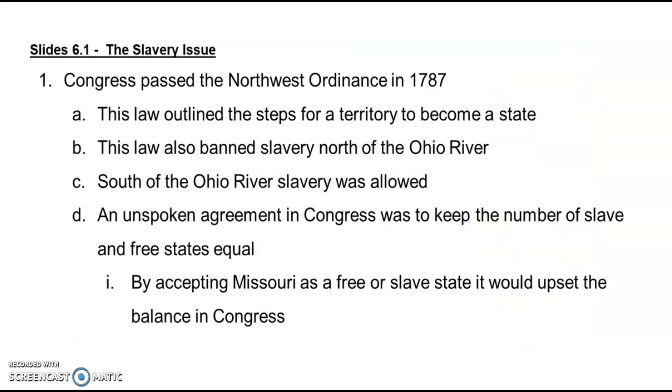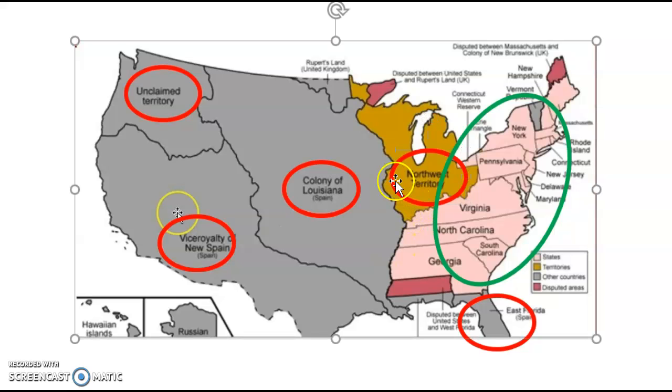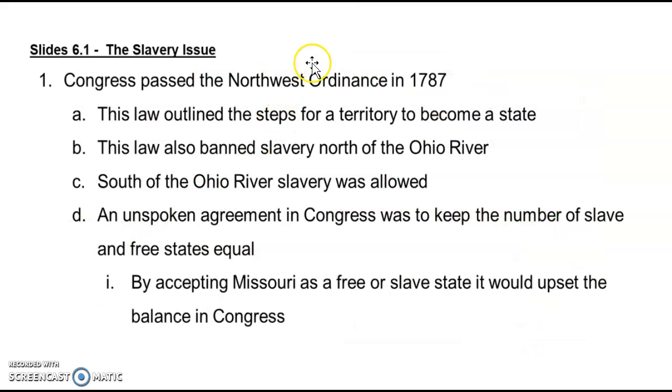The first thing we have to go over is the Northwest Ordinance in 1787. You guys learned about that last year at Miss Benevento. The main thing I need you to understand from this law, which is taking place in this territory right over here, is that this law outlines how future territory can become a state. So they are going to end up arguing we should just follow the laws for the Northwest Territory. That's what the Northwest Ordinance is. It's just a law that outlines the steps for a territory to become a state.